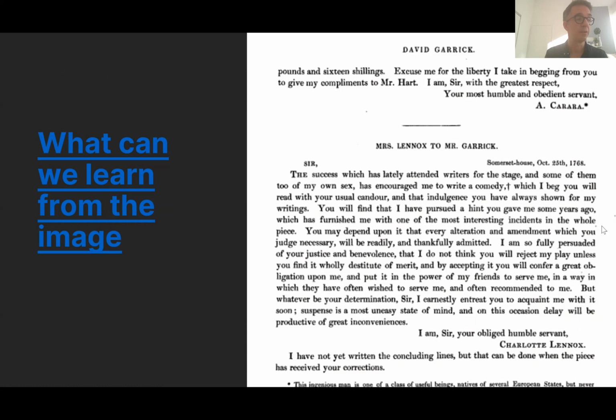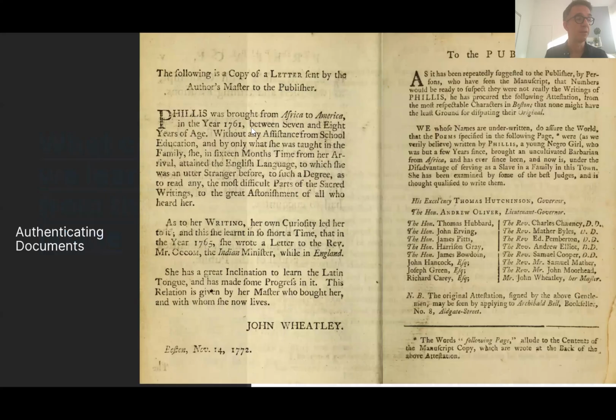And that's something maybe we can talk about in detail in class today. Then we have this page here. One of the things about